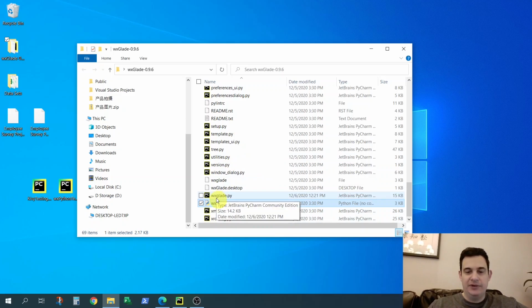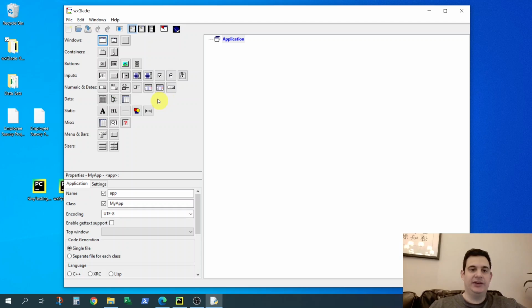So I'm going to open up wxGlade.pyw, which will open up the application. And you can see all the text is really blurry. At least it is on my screen. I don't know how it's rendering for you, but if you're using a Windows 10 device with high resolution,